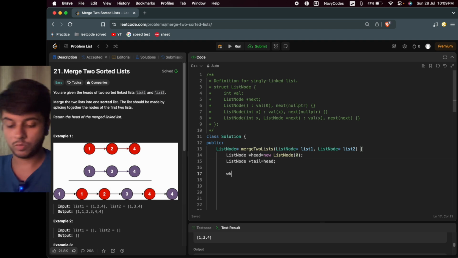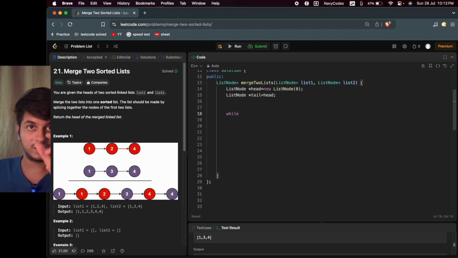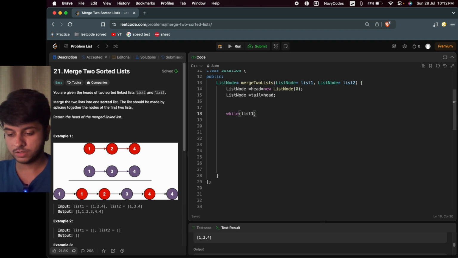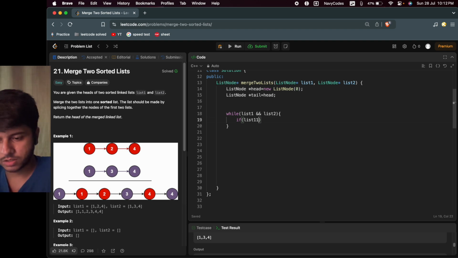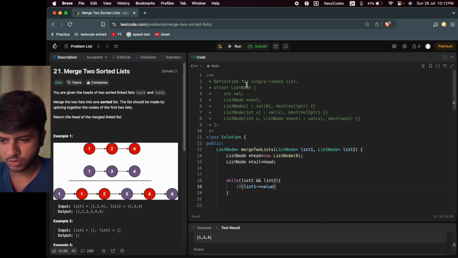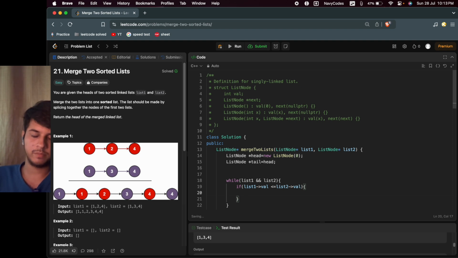So now while both the lists exist, list 1 and list 2, I will be checking if list 1 of value is less than or equal to list 2 of value. So if it is so, then we'll be connecting. Let's see what they call it, val, so we'll also keep it as val. If list 1 of val is less than or equal to list 2 of val, then